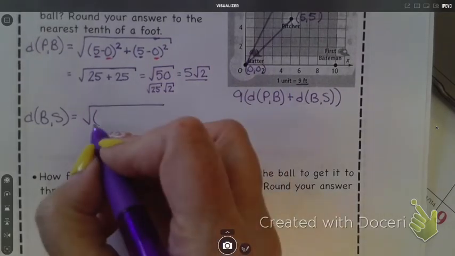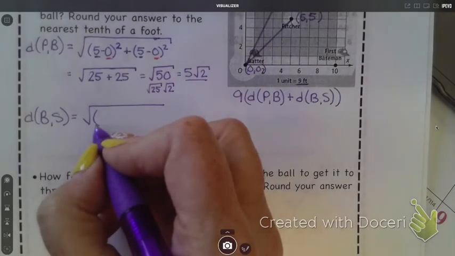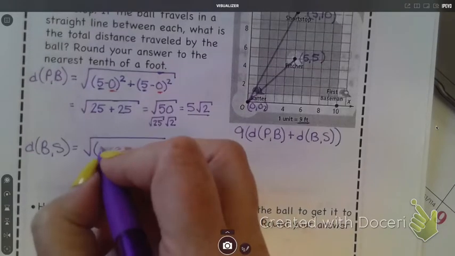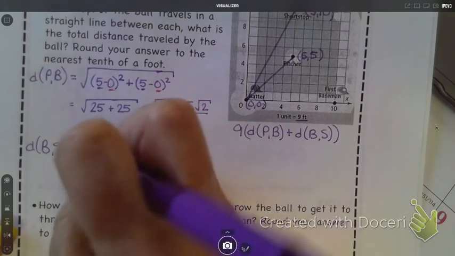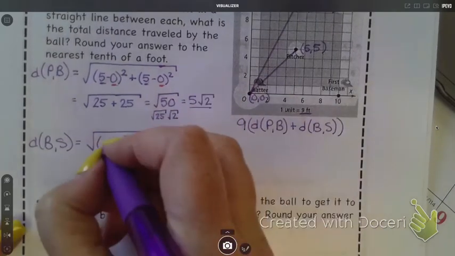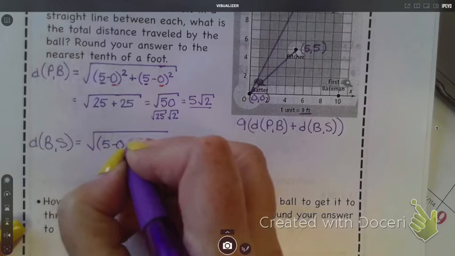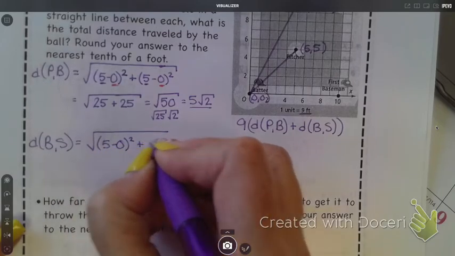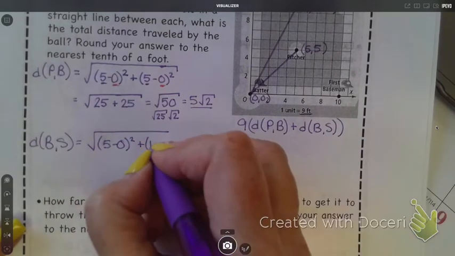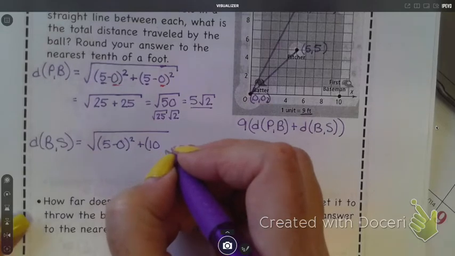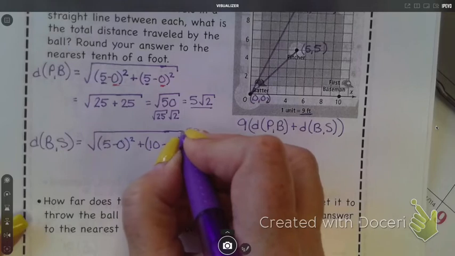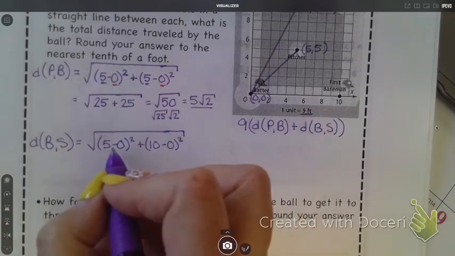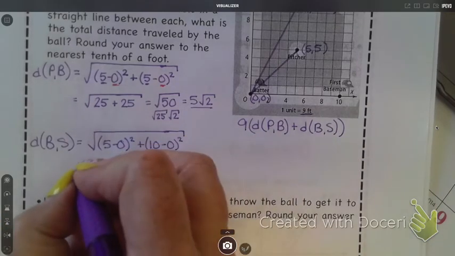What goes here? 5 minus 0, squared, plus 10 minus 0. Could I have 0 minus 5 and 0 minus 10? Yeah, it doesn't matter. Okay, so 5 minus 0 is 5. Squared is